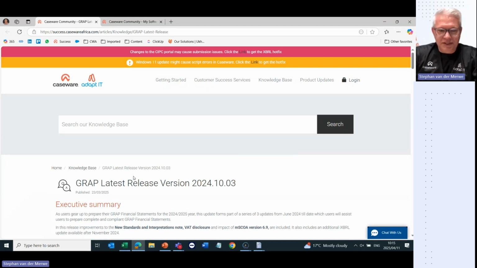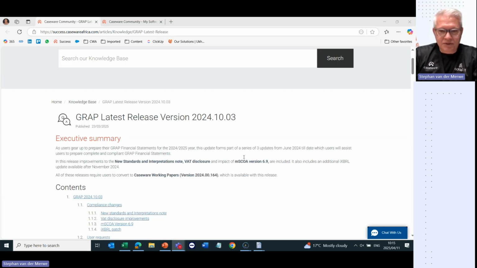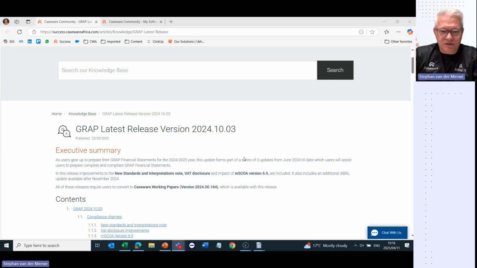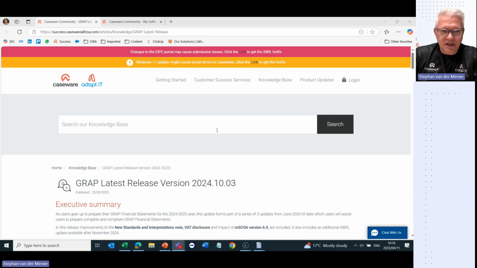So what we want to share is the release information. You should have received an email communication notifying you that there's a new version of the GRAP available. This is the version that you need to use for your financial year end, March 2025, and this is the GRAP 2024-1003 version. The email will direct you to our website, success.casewareafrica.com,